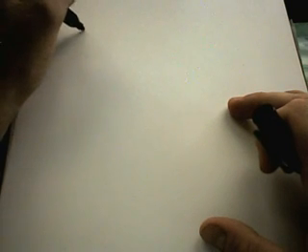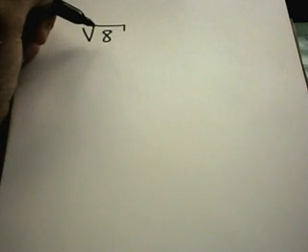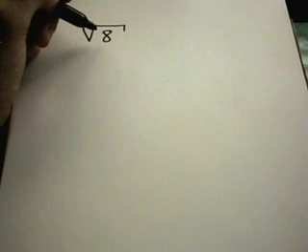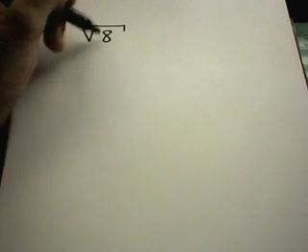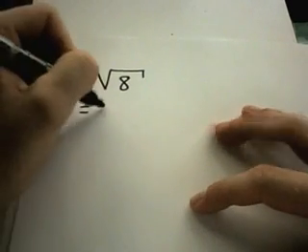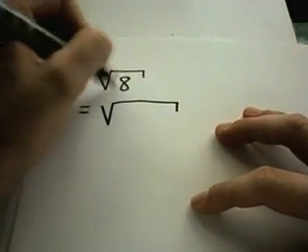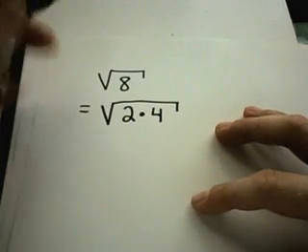Suppose I have something like, so now this is going to be an example of simplifying a radical. Suppose I have the square root of 8. Well, can you think of a number multiplied by itself that gives you positive 8? Well, 2 times 2 is 4, 3 times 3 is 9, so I know this number is going to be something between 2 and 3, but it doesn't seem like there's a nice positive whole number that's going to do it for me. What you do in this case is you factor the number underneath, so notice I can write 8 as 2 times 4,